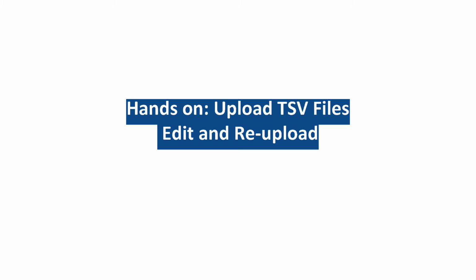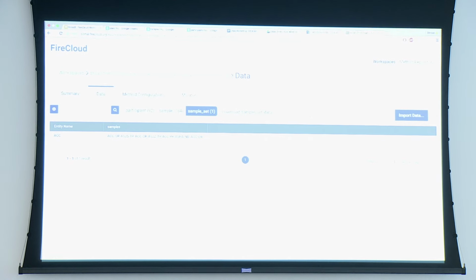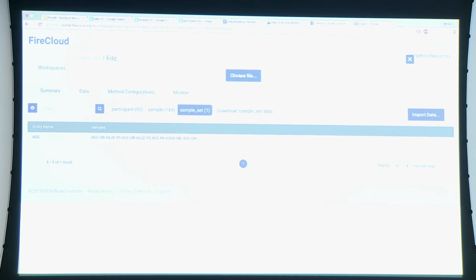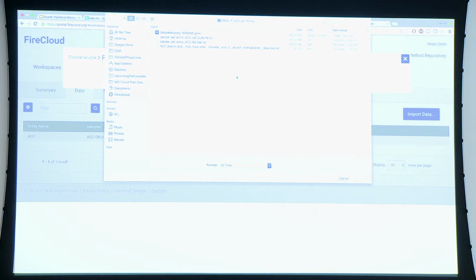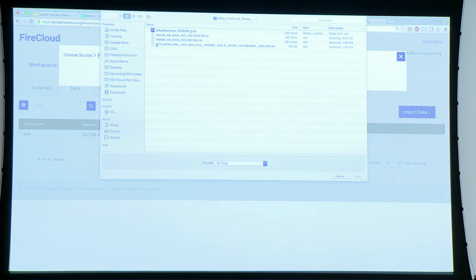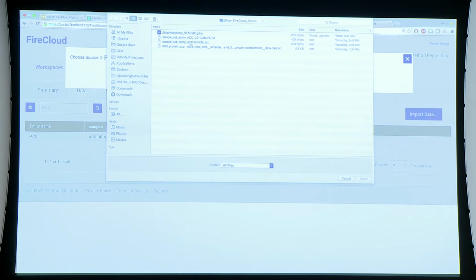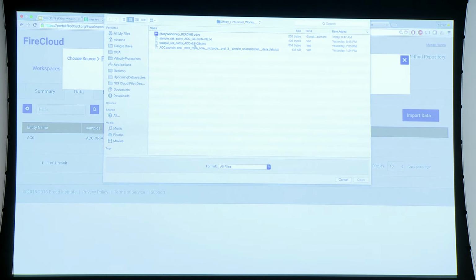All right, so I'm actually going to go into the workspace. So now let's go into your workspace. And you see participant, we just looked at the data, sample and sample set. Sample set is where we're going to upload this data set. So click on import data, import from file, choose file. And now what we're going to upload here is sample_set_set_entity_ACC-GE-